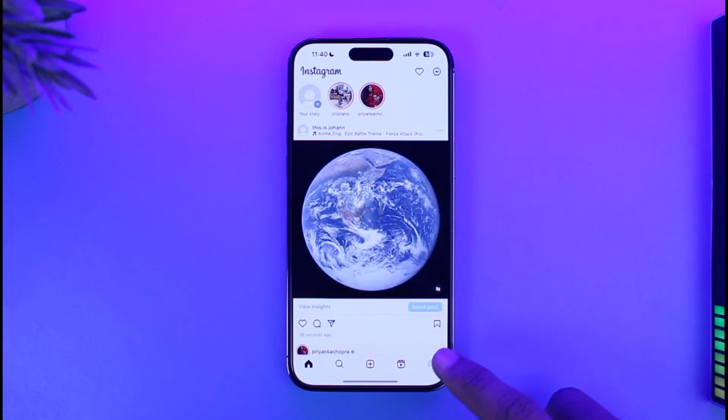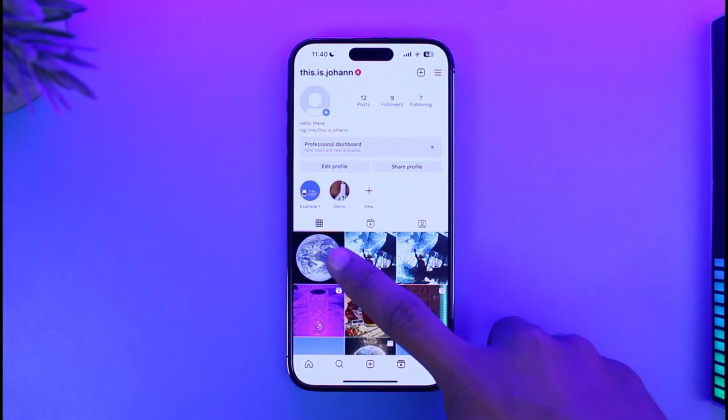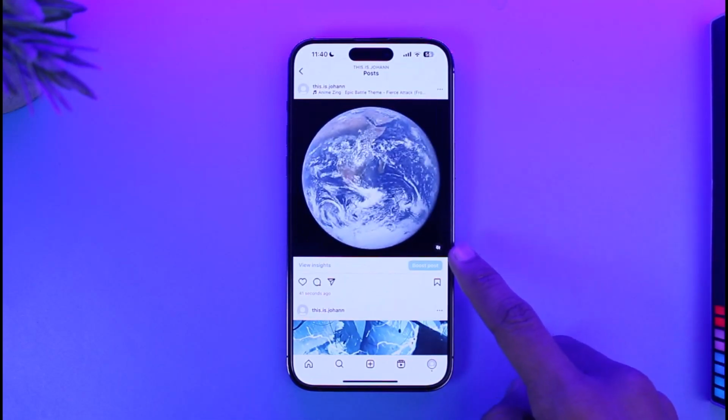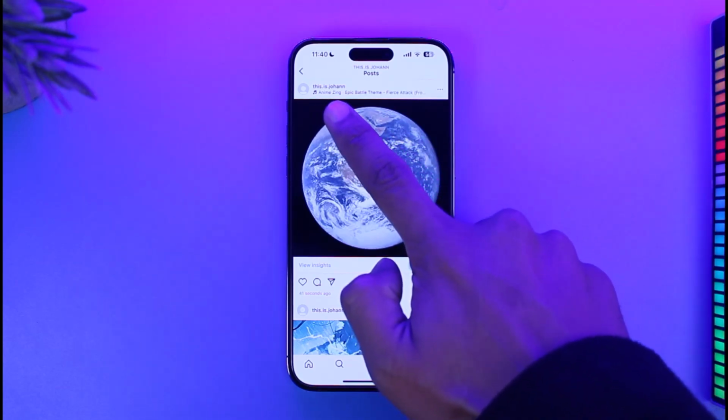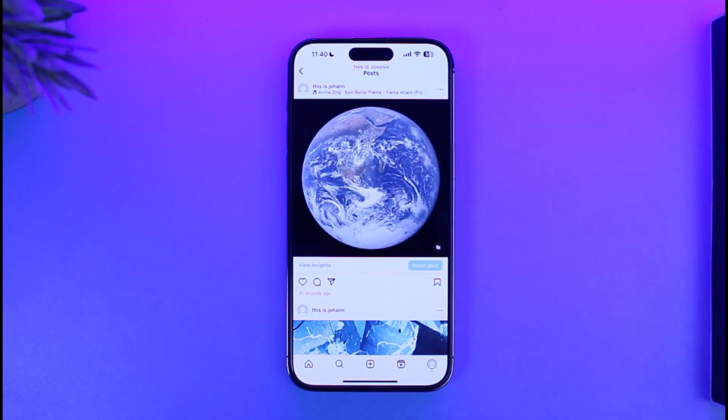application, and then if you go to the profile page, I'll show you one of my posts. This is actually a picture, but because I added music to it, this has become a part of a video, and then you can see that you have the music that you added right at the top of the post. So you want to remove this song without having to delete the post, but keep in mind that you cannot